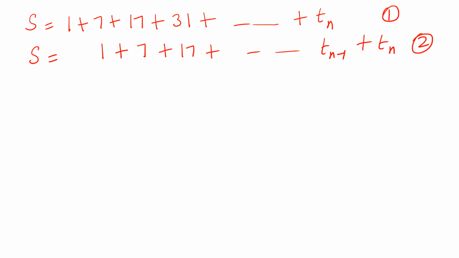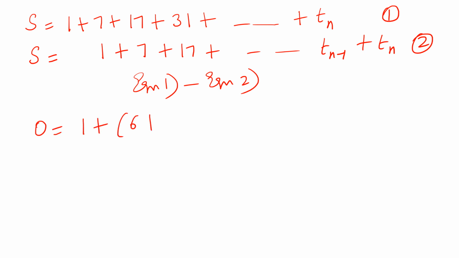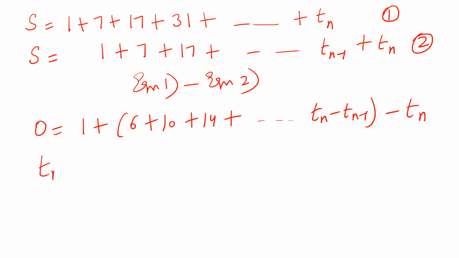Now just subtract the second equation from the first equation. You will get 0 equal to 1 plus 6 plus 10 plus 14 and so on till Tn minus 1 and then minus Tn. So this means the nth term of this different series becomes 1 plus